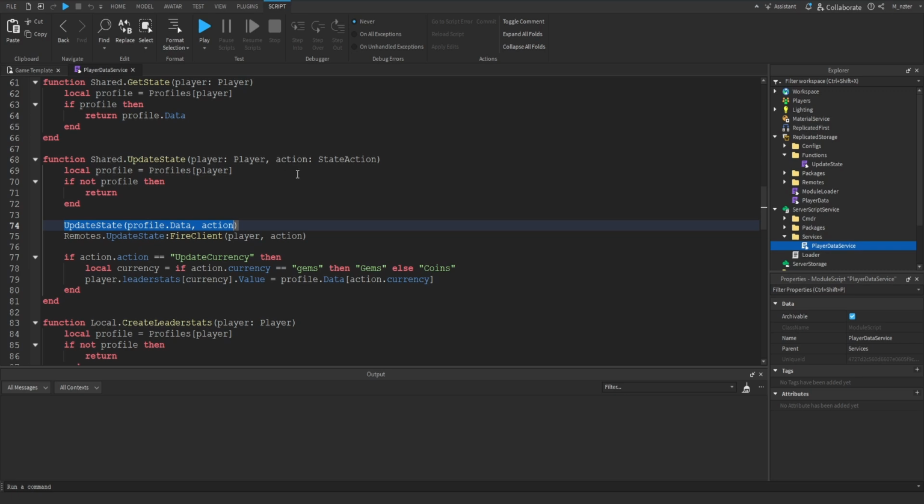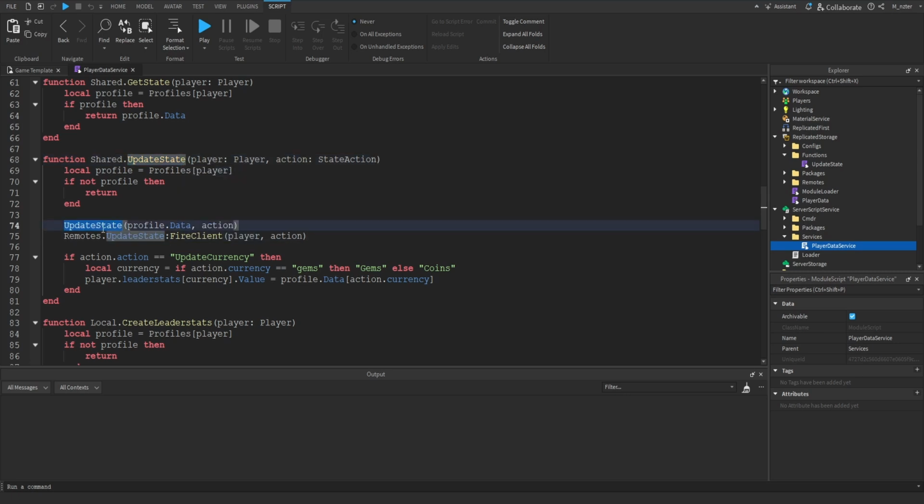Now let's talk about how we actually handle replicating the player's data from the server side down to the client side and keeping them in sync. So actually, inside of the update state function, we can see that we use a remote event called update state, which is fired off anytime the player's state is changed. And like I said earlier, the only way that you ever want to affect a player's data is by using this update state function right here.